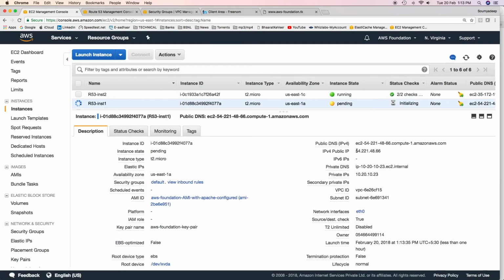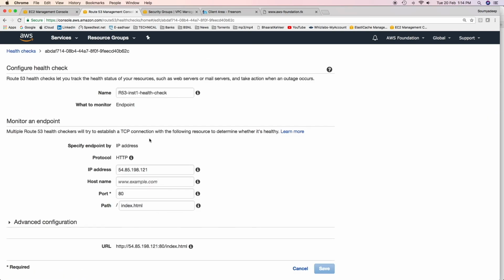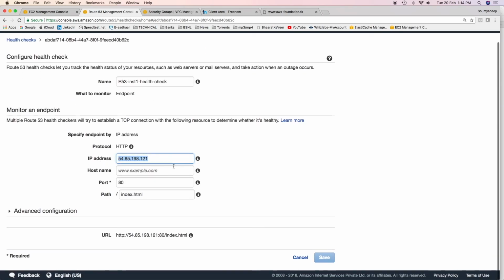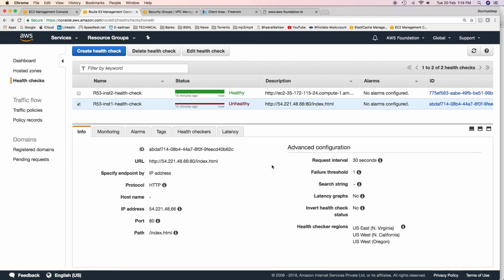One thing to note, you know that as we are using public IP address provided by AWS, as public IP address of this EC2 instance has changed, we'll have to make sure that you edit the health check as well. How do you edit it? Click on the health check and then click on edit health check. An IP address, change the IP address to the current one and then click on save. That's it. If you don't do this, even though the EC2 instance is up and running, this health check will say that the instance is unhealthy because it is actually monitoring a wrong IP address.